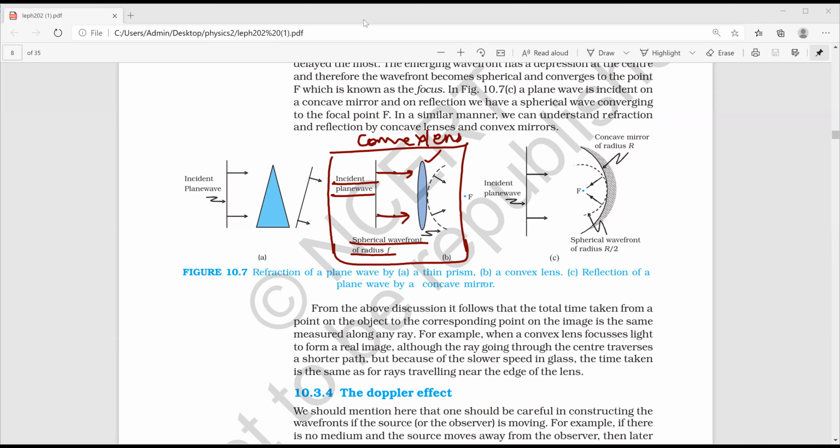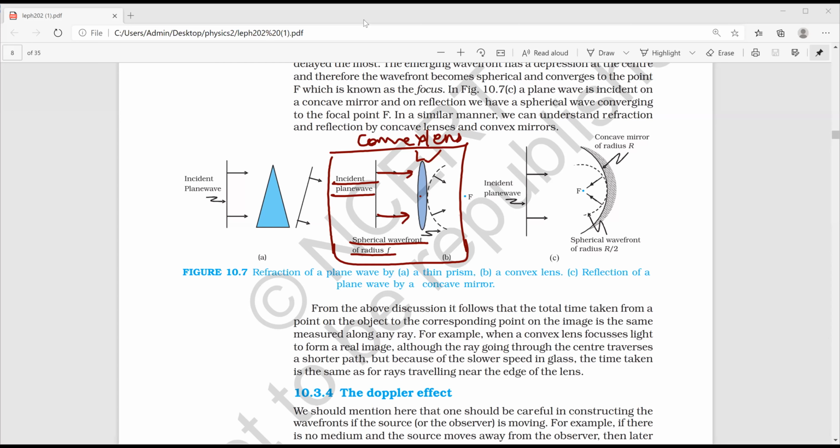The lens we are using is a convex lens here. So let us represent lens L here with optic center O. O is the optic center which is present inside the lens. Having the focal length F, the center part of the incident plane wave passes through the thickest portion of the convex lens as compared to the edge and is delayed the most, so the resulting refracted wavefront has a diffraction at the center. So this refracted wavefront becomes a spherical wavefront in shape.